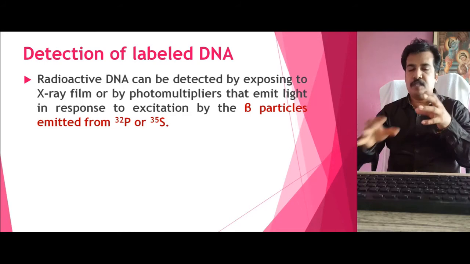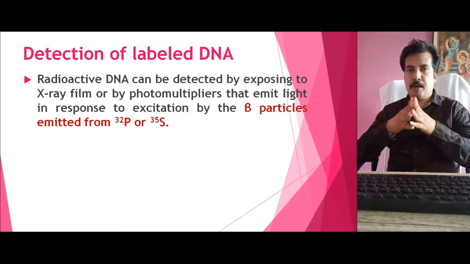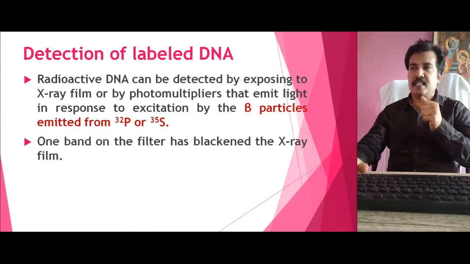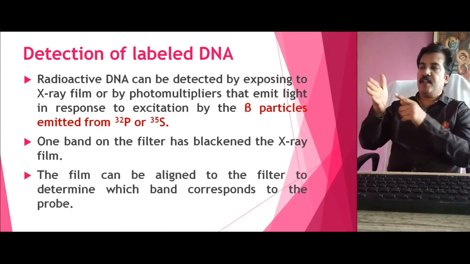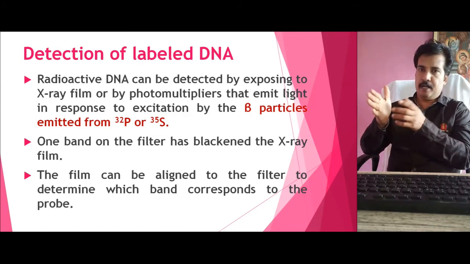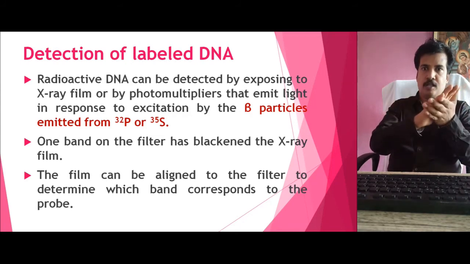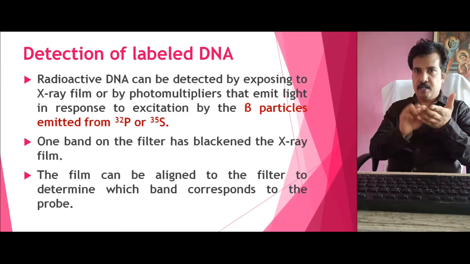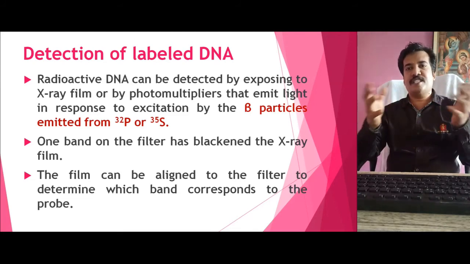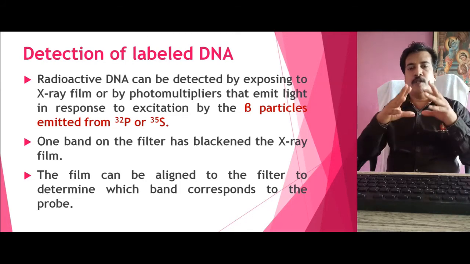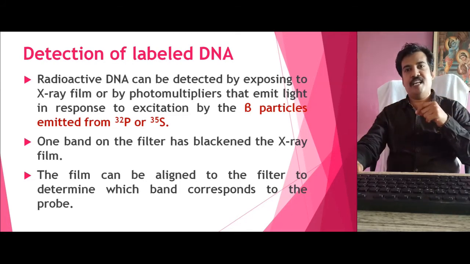Once it emits the beta particles, the film becomes blackened and it is taken as an X-ray film. Once we have this film, the band which is darkened can be superimposed on the gel electrophoresis where we got the band. It is the gene of interest. This is how the detection process happens. In this way we can identify the gene of interest with the